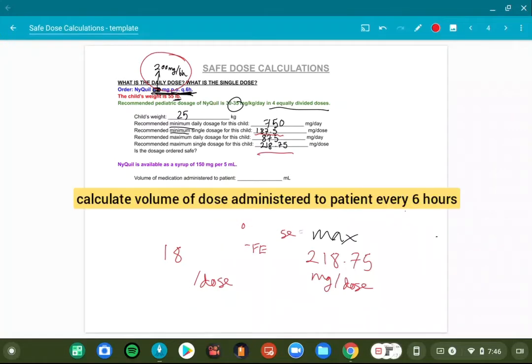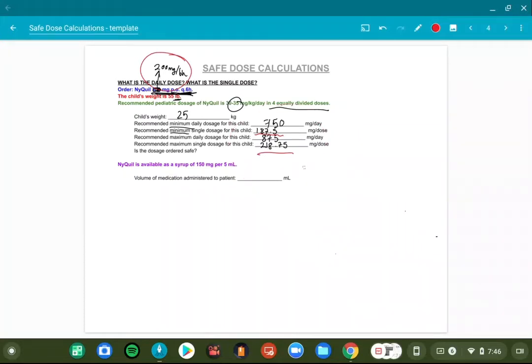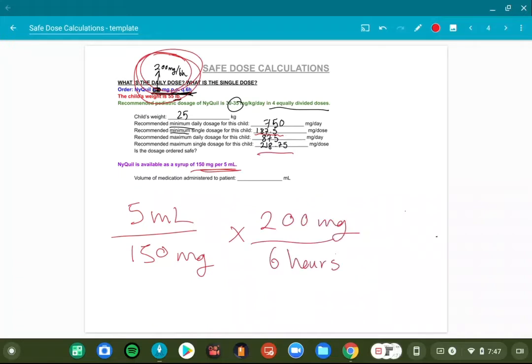Let's run through how to calculate volume again. We're not going to use these numbers, remember? That's the minimum and maximum ranges of safe doses. We want to use the number that is on the order form. So we take the concentration of 5 milliliters per 150 milligrams, multiply it by the ordered dose. Milligrams cancel out. That gives us 5 times 200 divided by 150 milliliters per 6 hours. And that equals